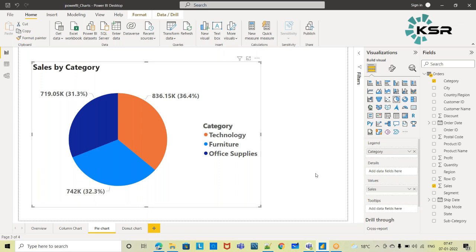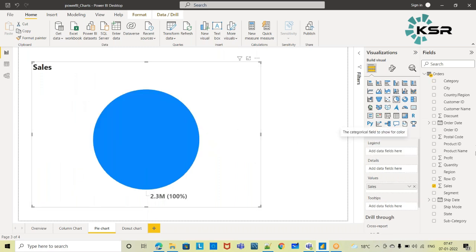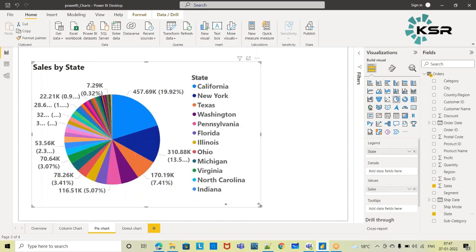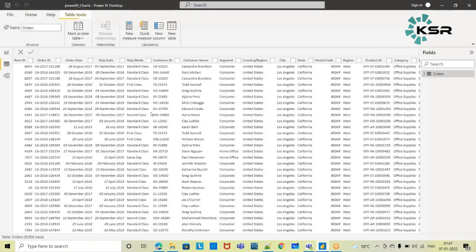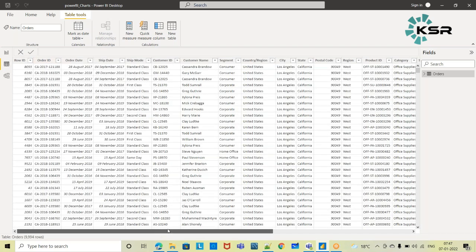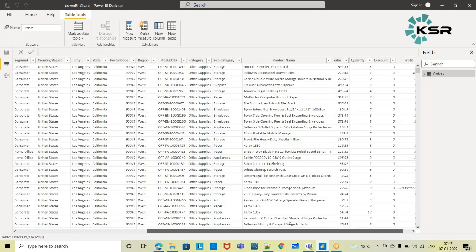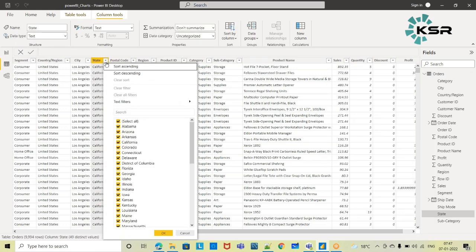In the same way, if I want to check country-wise sales, or state-wise, let's check that. If I add the state, we have almost 49 states in this data set. Yesterday we already saw this is the superstore data set, where we have the order information and customer information. So if we look here, we almost have 49 states actually.